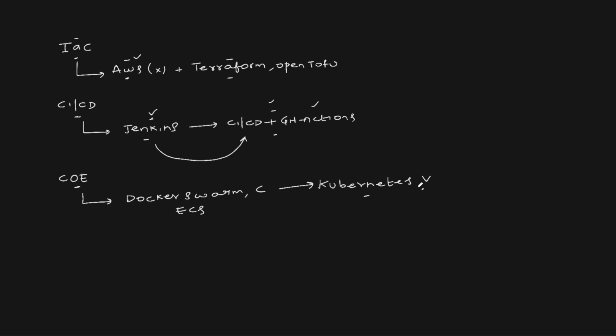Just go with Kubernetes. Apart from that, configuration management, another very relevant skill in the space of DevOps and cloud. In configuration management, do not go with solutions like Chef. Chef was a very popular solution, I totally agree. There was a time when job descriptions had solutions like Chef, Puppet, Salt. But today, they would only ask you Ansible. In the majority of job descriptions, you would see Ansible. So just go with Ansible.